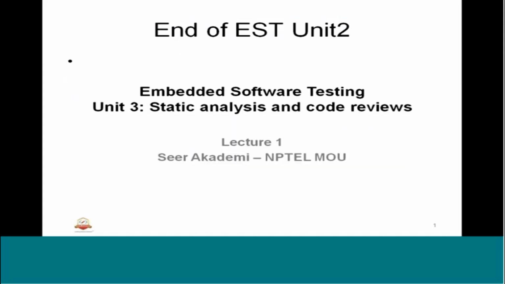New session of embedded software testing. This is Unit 3, static analysis and code reviews. There are a few sessions in this unit. We study static analysis, code reviews, inspections, and metrics. So these three things we'll study in this Unit 3. There are a few sessions available in this unit, and we know that